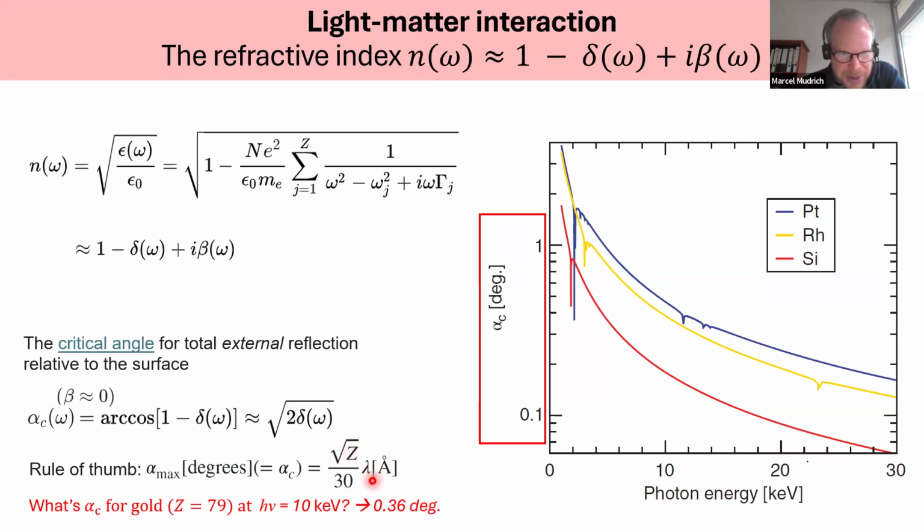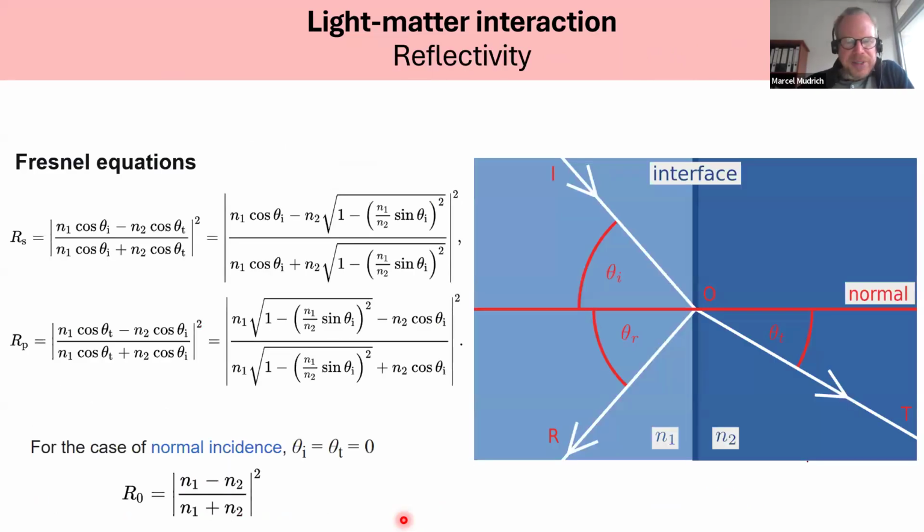The wavelength of a 10 keV photon is, I think, something like 1.2 angstrom. So 1.2 angstrom times a third is, yes, something like 0.4 degrees. So 0.4 degrees, this is grazing incidence. That explains why these mirrors have to be so long and placed at grazing incidence. And yeah, then if it's not exactly